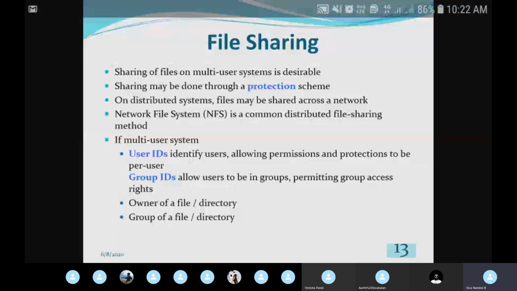We'll study this NFS, network file system protocol, in detail in your computer networks subject, which you will study in the 5th semester. For now, just note that the network file system protocol is used for providing file sharing in a distributed computing environment. To share a file in a distributed computing environment, we use the protocol NFS, that is, network file system protocol, for sharing that particular file across different users or different computer systems in the distributed file system computing environment.